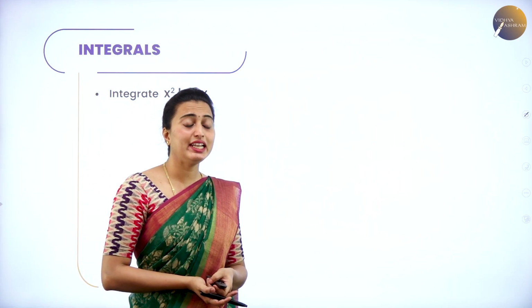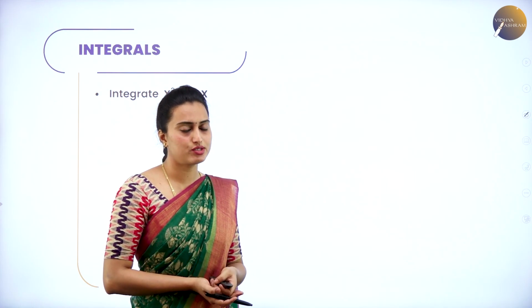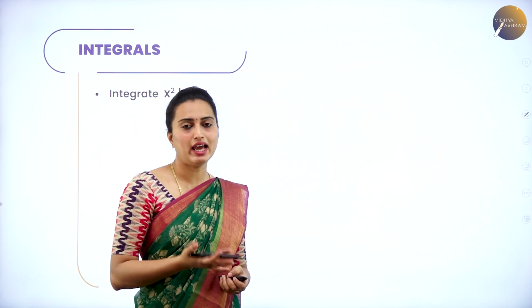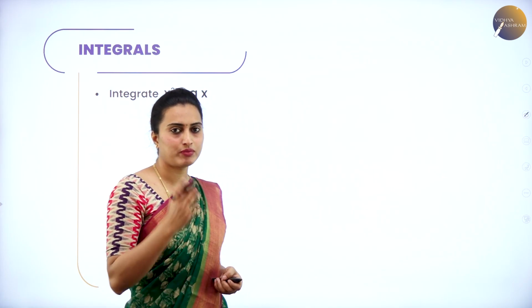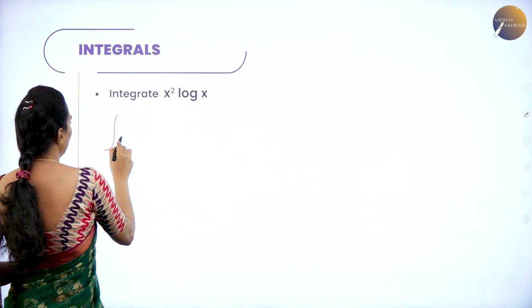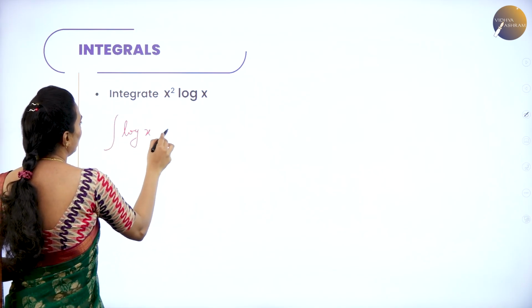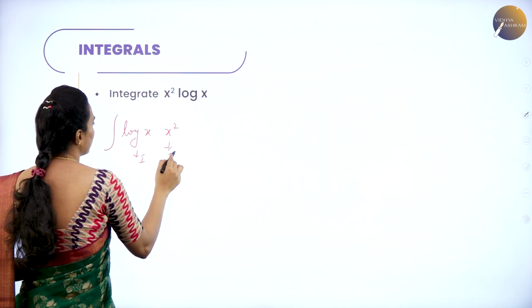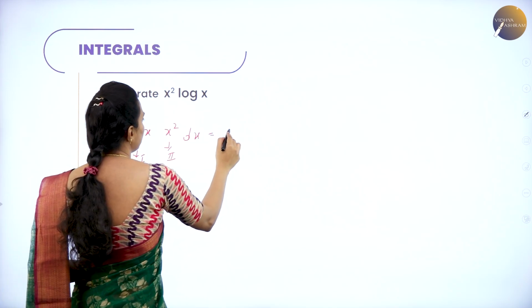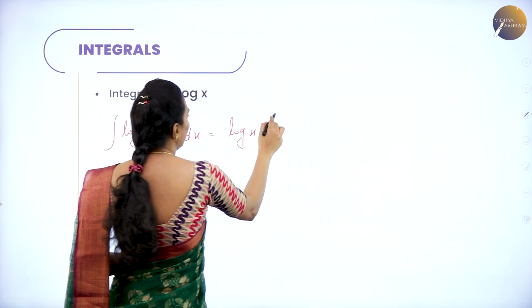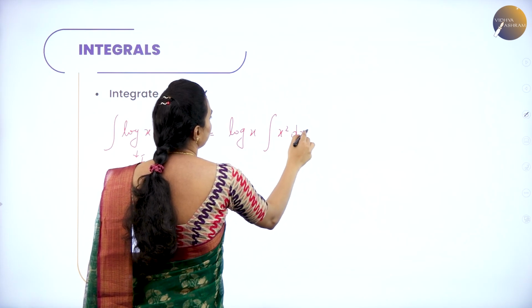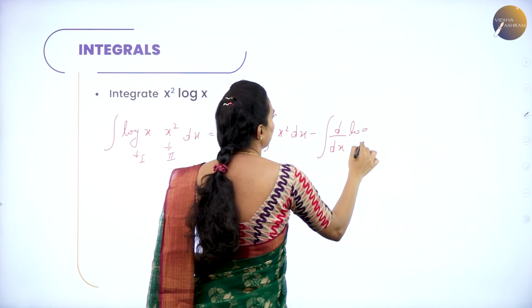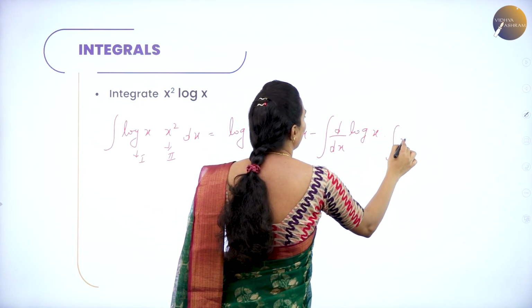What they've asked: integrate x squared into log x. According to the iLearn rule, logarithmic, which is log x, is first function and algebraic x squared is the second function. Now let me write accordingly. See, log x into x squared. Now this as first function and this as second function into dx, which happens log x first function into integral of second function minus integral of d by dx of first function into integral of second function